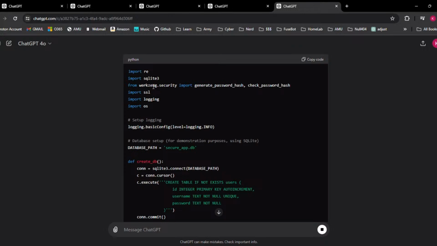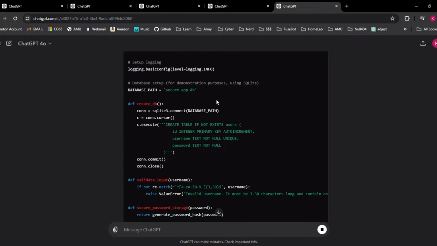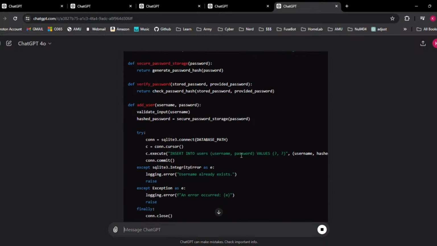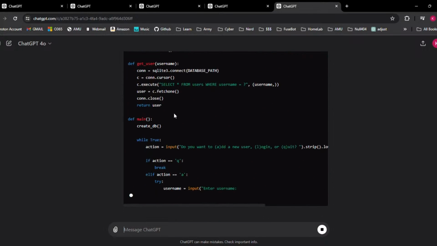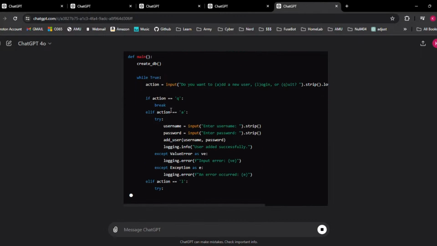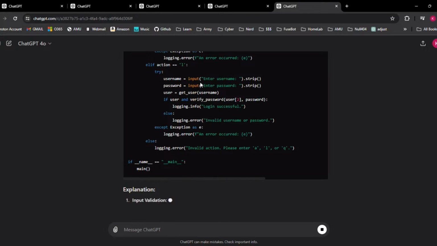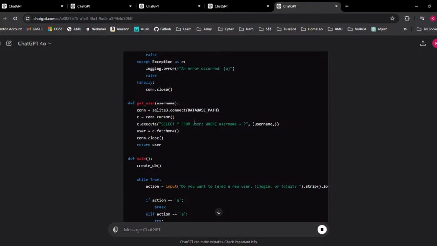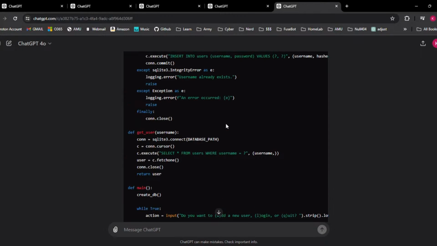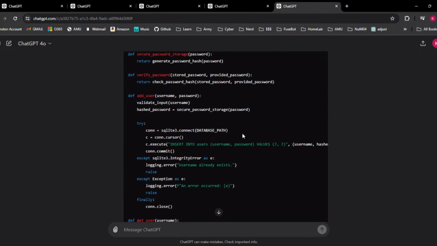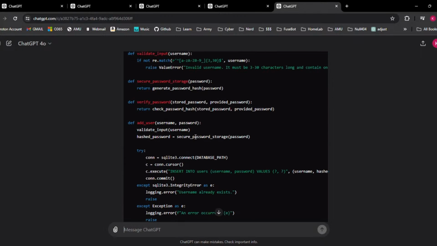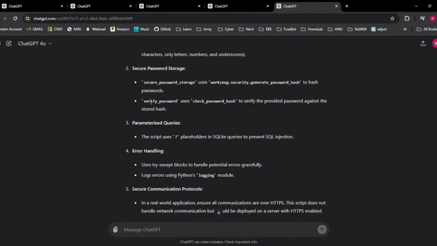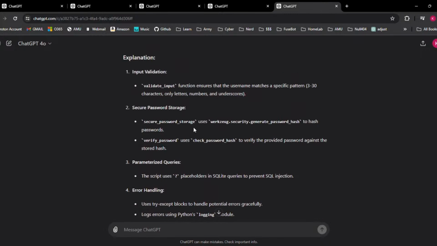There we go. Generate password hashes, checking hashes. Now, unless it adds a salt, it's not going to be safe, but it's definitely a lot better when I start to say include the top 10 best secure coding practices. I'll let someone who's way better at Python than me validate this. I'd be super interested in a pen test. Yeah, it's not safe. It's just a hashed password, and we didn't say anything about salted passwords. I'm not sure about this. I'll have to look up some research on whether that does it or not, if anyone knows.